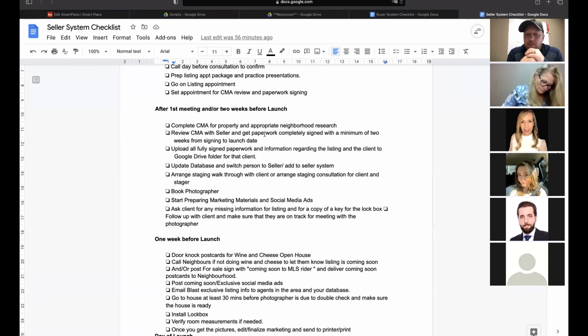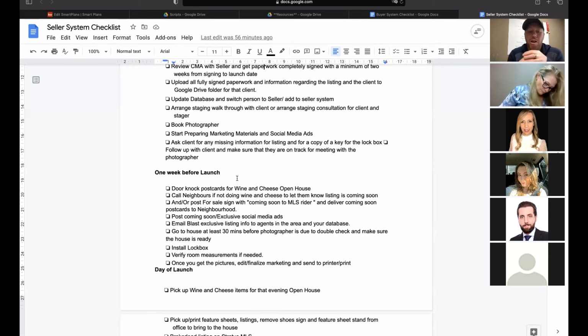depending on how you want to have this set up, you could either have a stager come in for the consultation, or maybe at your first walkthrough, you do a staging consult with them, depending on your comfortability and level with that. Of course, booking your photographer, preparing all your marketing materials and social media ads,